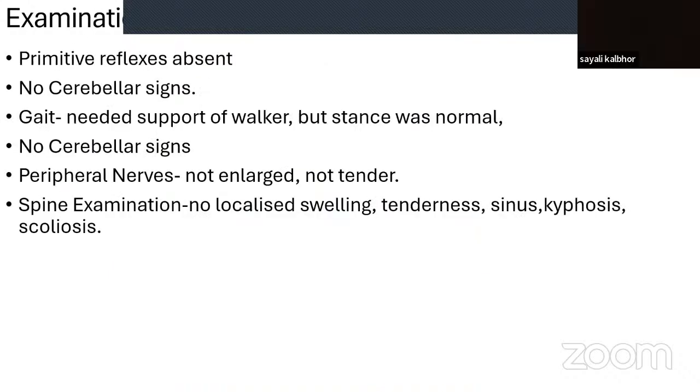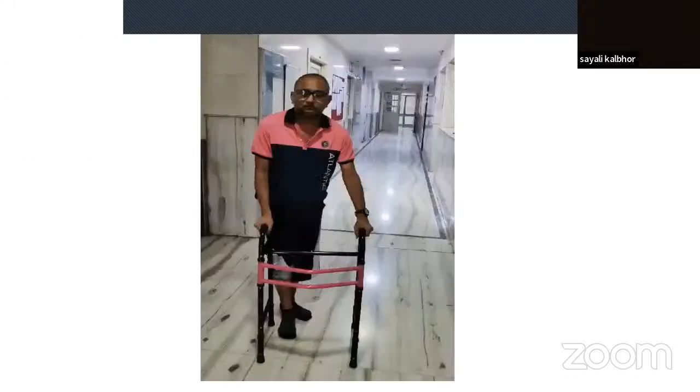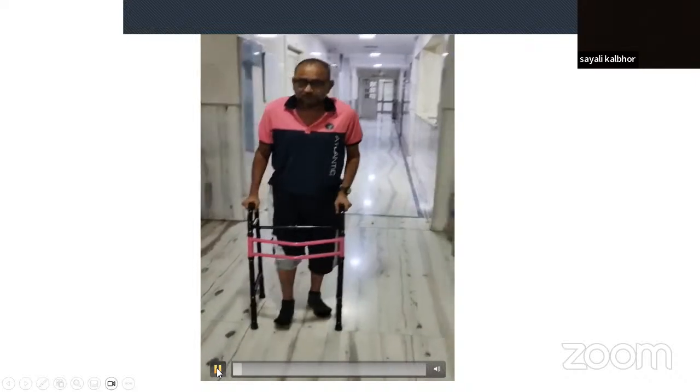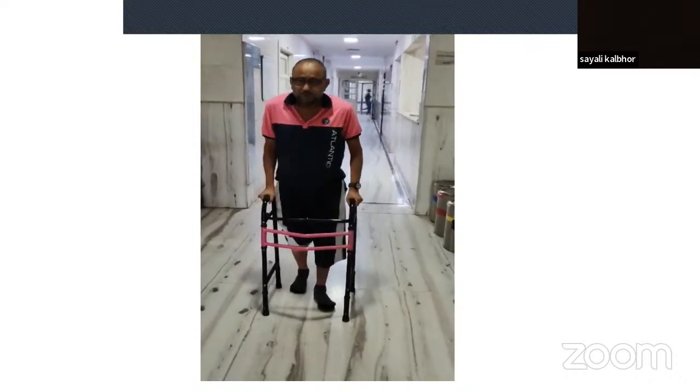There were no cerebellar signs. Peripheral nerves are not enlarged. They were not tender. On the local examination of the spine, there was no kyphosis, scoliosis, or localized swelling or tenderness. No sinus. And I would like to show his gait, video of the gait also. It was a narrow stance, not a broad stance gait. He needed support of the